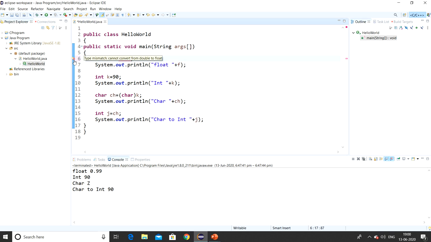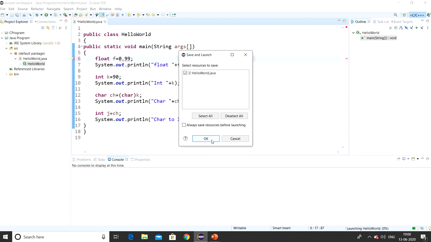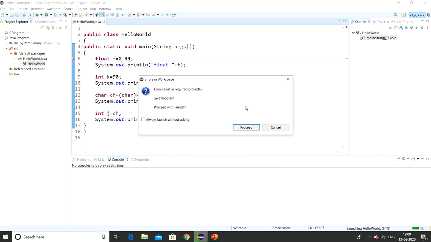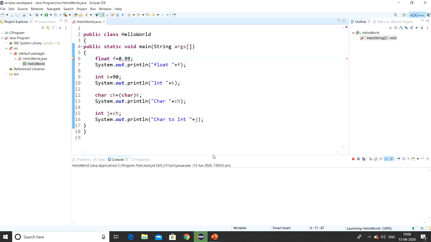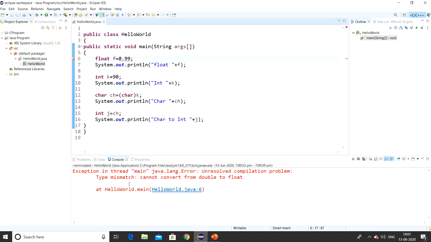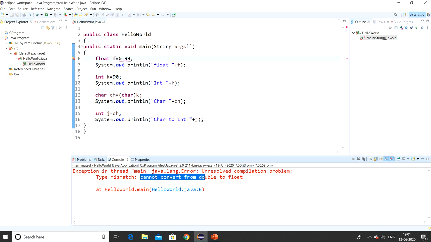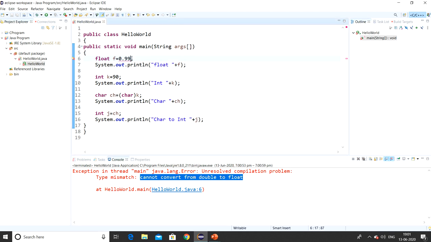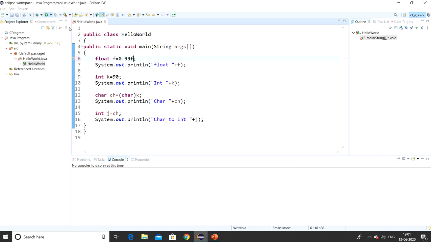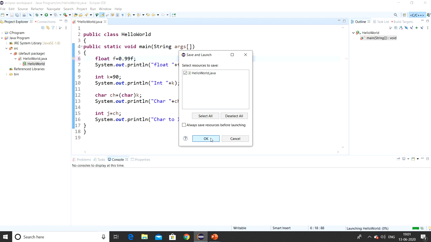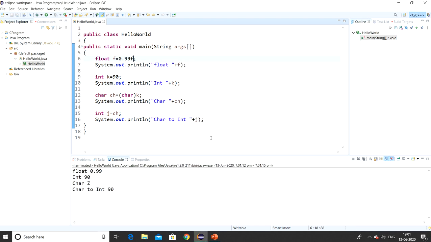Let me run this program, and you will get the error: type mismatch, cannot convert double to float. I told you that if you are not writing f, it will take it as a double. If I write f, this error will go, and when I run this program it will run successfully because it's a float type.